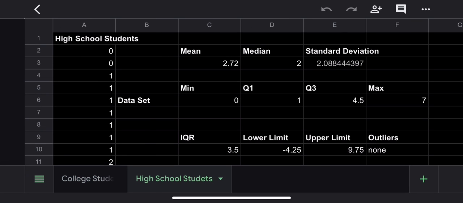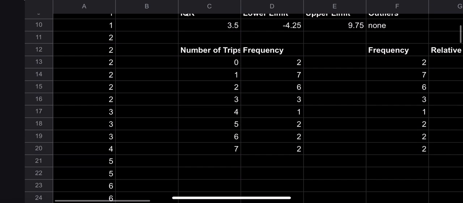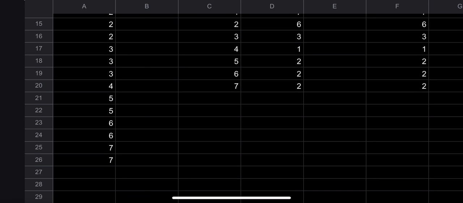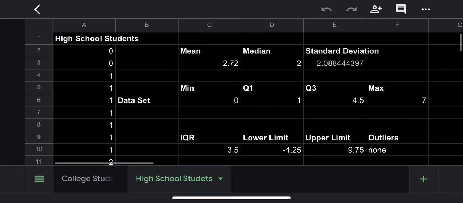Now this is my survey for the high school students. So from cells A2 to A26 was my data set. The mean was 2.72, which is a little higher compared to the college students. Median, which is 2, same as the college students, and standard deviation was 2.08, which is a tad higher than